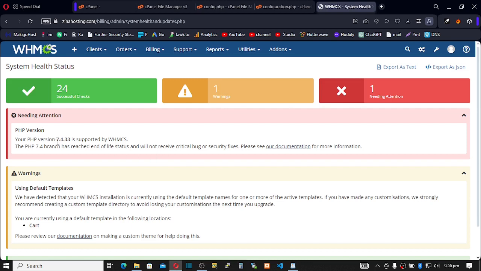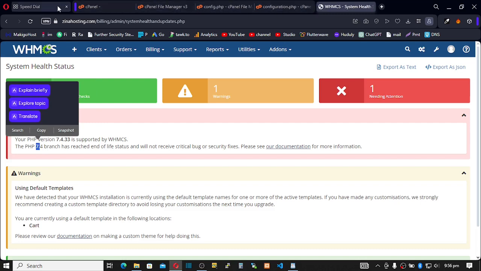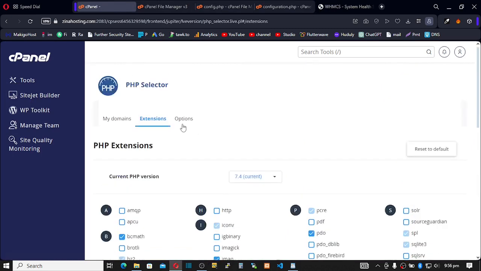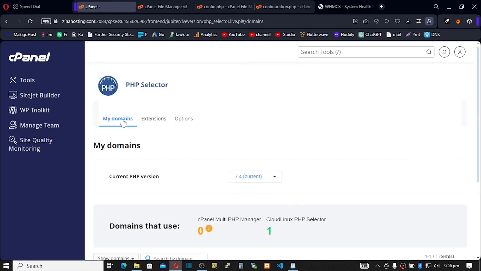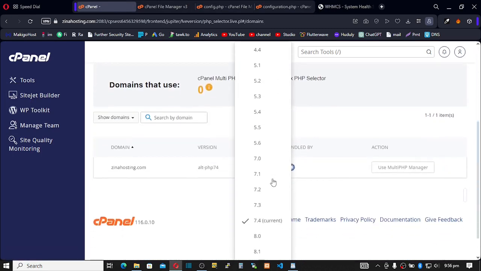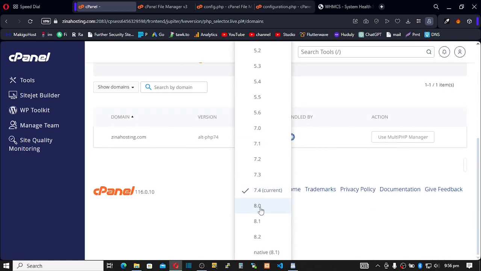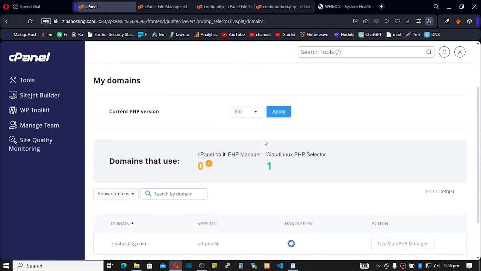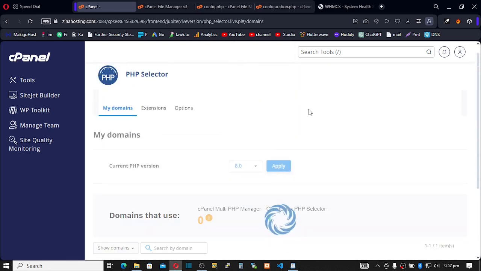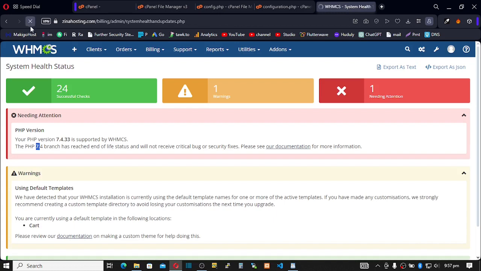Please, PHP version, let's change it to 8. Right, let's change our PHP version to 8. So go back on top, click on my domains, click here, and you can pick 8.0. You can pick between 8.0 and then 8.1. Okay, so let's try 8.0 first. So just apply, but I think 8.1 should be the ideal one, and then reload, and let's see if this